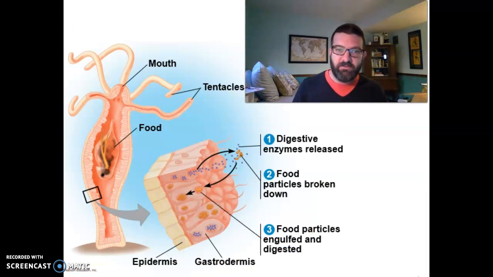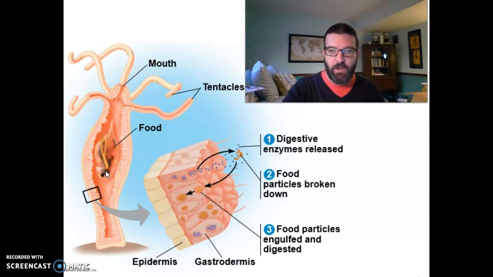Cnidarians, for instance, have a gastrovascular cavity, right? We have this one opening, the mouth. Food comes in, and then you have to break it down using digestive enzymes that these cells produce. But the food particles, after they've been broken down into monomers, are distributed to those same cells within this gastrovascular cavity because the cells are only maybe 2 cell layers thick for this wall of the gastrovascular cavity. This isn't possible, again, for larger animals like us.